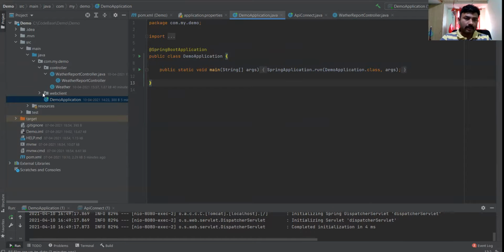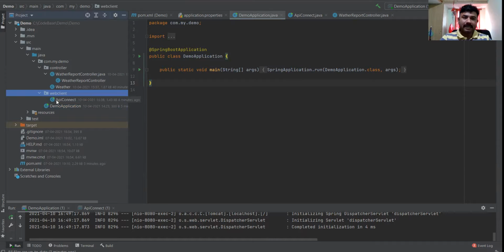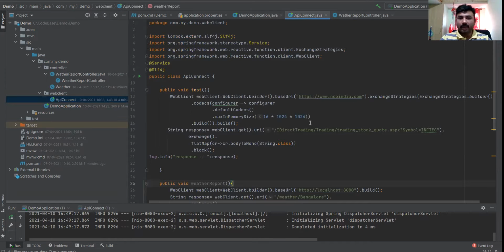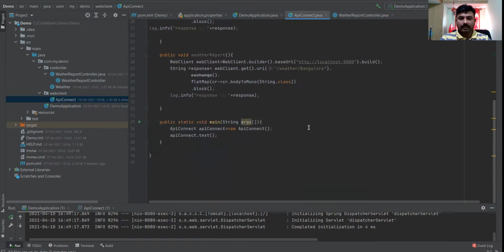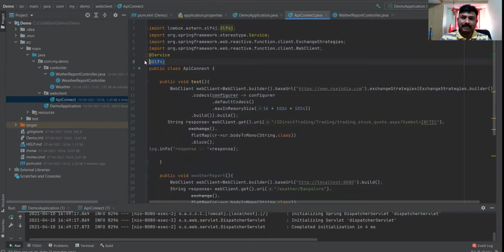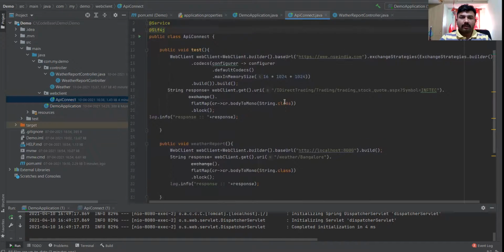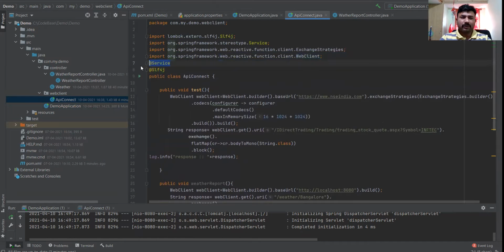Of course, the web client stuff. This is again basic coding. I am not using standards. This is for sample and reference code. Of course, I am not using sysouts here. I am using a logger, SLF4J. And the service annotation, I don't need it because I'm not doing anything extra here. So what I can do,